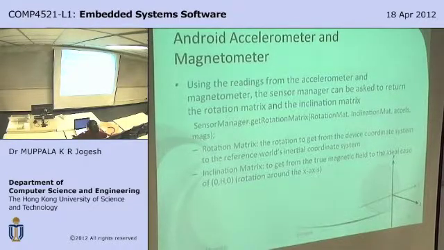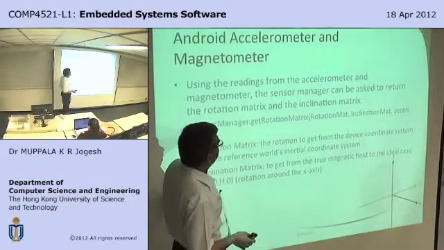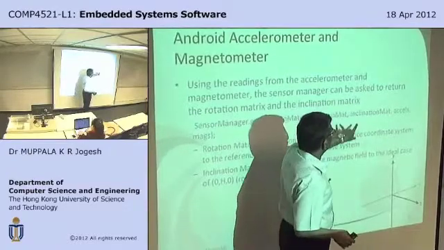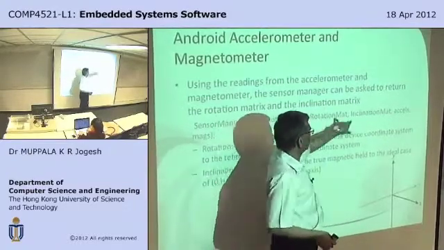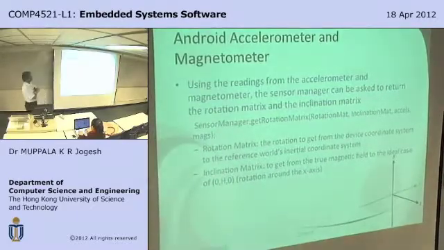Accelerometer. So this is what I summarize here. Using the readings from the accelerometer and the magnetometer, the SensorManager can be asked to return something called the rotation matrix and the inclination matrix. Now, how do you get these two values? You call this method with these two that we have obtained from the sensors, and then in return, when this method returns, it will return these two matrices called the rotation matrix